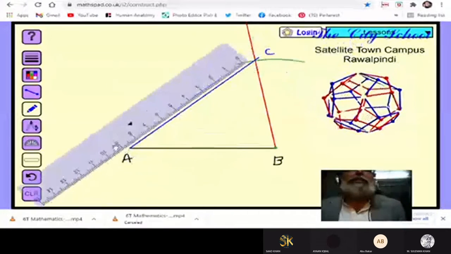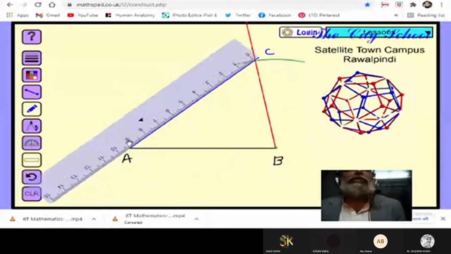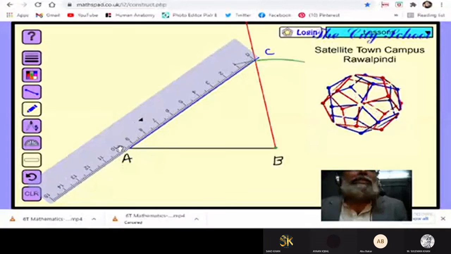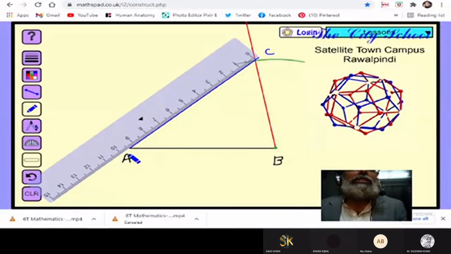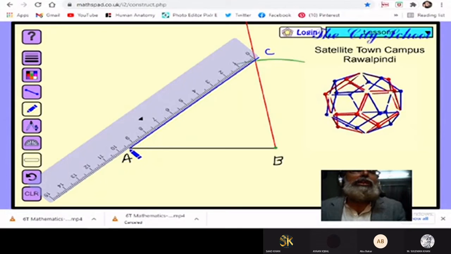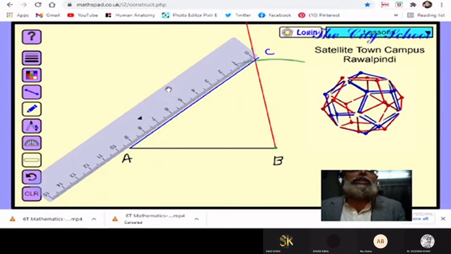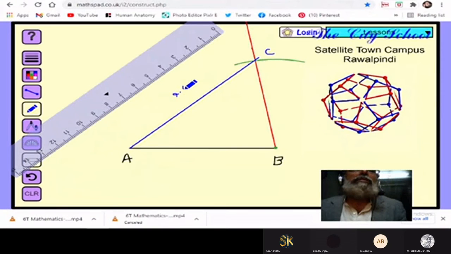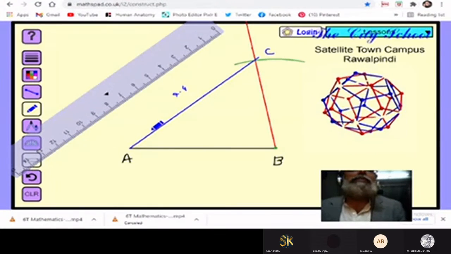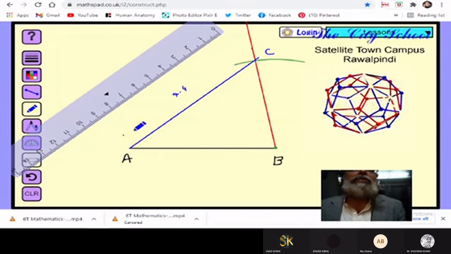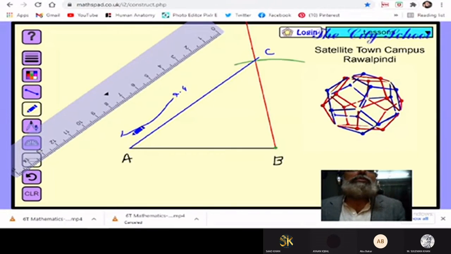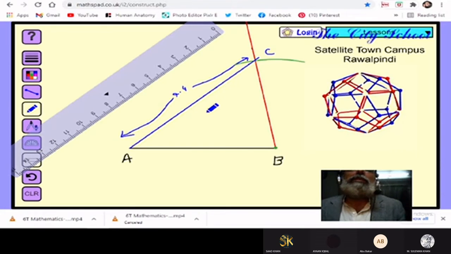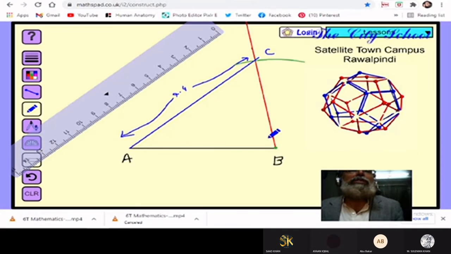This will be keeping here. This is point 0. 0 is here, and this is the point here. So if you measure this one, you can find out that this is actually 9.4. So the length of this is 9.4. Sometimes it may be measured as 9.5, sometimes measured 9.4. So it's up to us, it's of 1 decimal place error, so it is acceptable. So this is 9.4. So like this we can work on it.